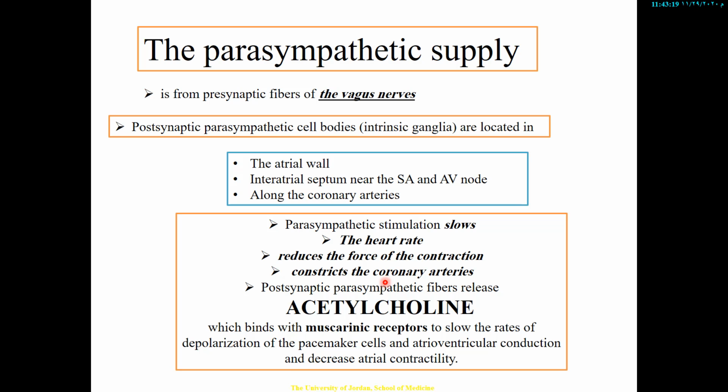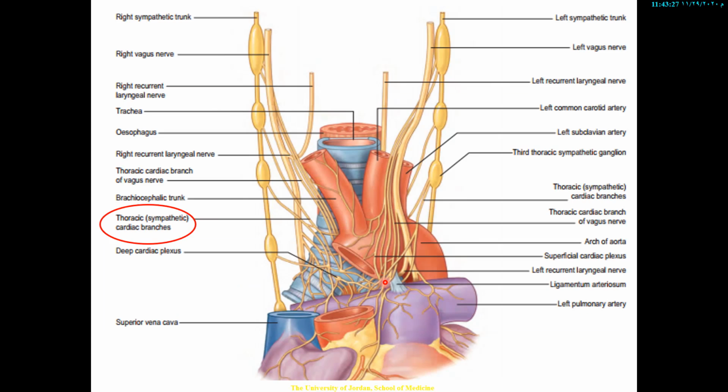Anyway, as you can see, the sympathetic and parasympathetic systems contribute to the formation of the cardiac plexus. It has a sympathetic innervation coming from T1 until T5. They synapse in the sympathetic trunk, and from the sympathetic trunk they contribute as postsynaptic nerves to the cardiac plexus. On the other hand, the parasympathetic coming from the vagus nerve